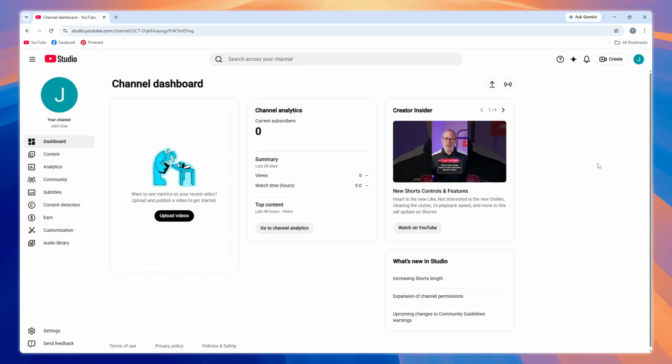And that's it. You've successfully switched to a different account in YouTube Studio, allowing you to manage content across multiple